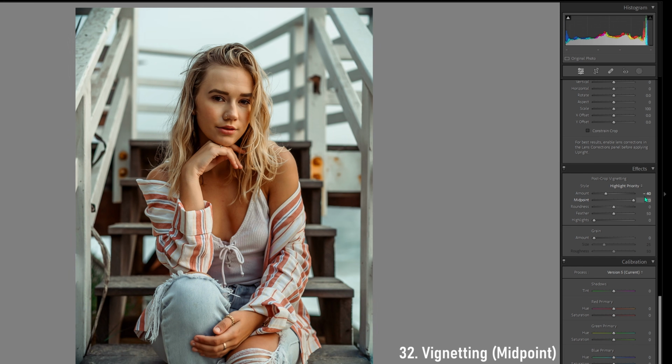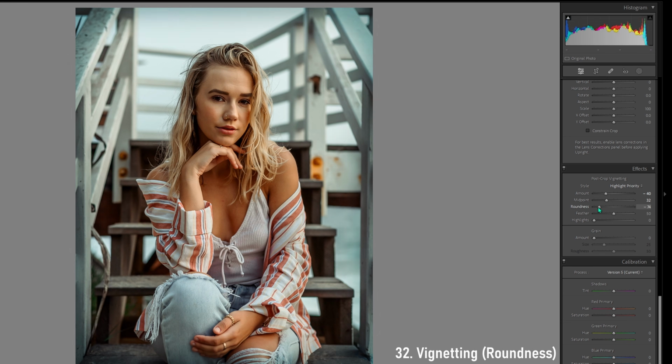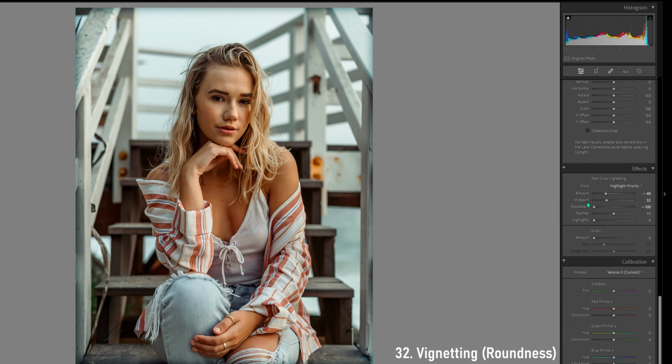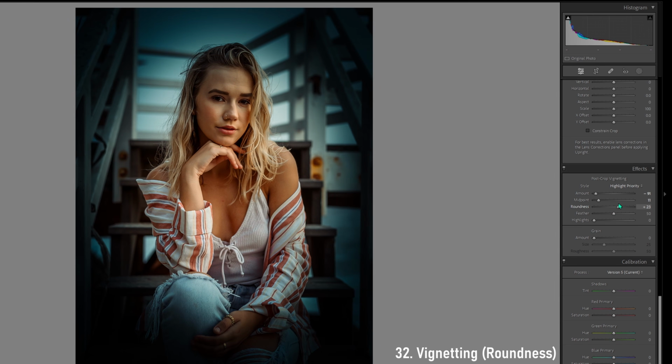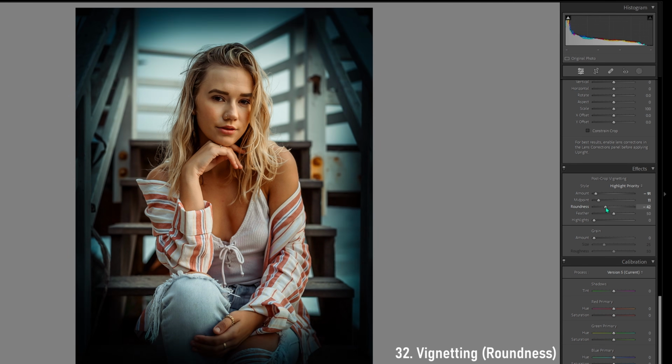You can adjust this based on the size and position of the main subject to ensure your vignette complements it effectively. The roundness slider adjusts the shape of your vignette from a circle, which is positive values, to a rectangle, which is more negative values. You want to use this depending on your composition. For example, you might want to add a more rounded or squared off vignette effect depending on your style and